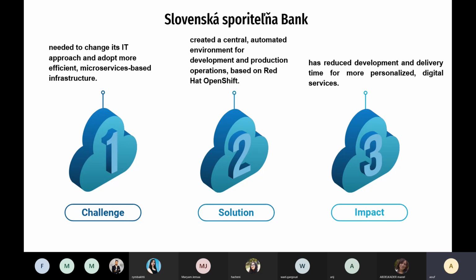Adopting an enterprise container platform with the DevOps approach. When looking for an enterprise open source container platform that would provide reliable IT infrastructure, the bank chose Red Hat OpenShift due to its reputation for stability and the availability of local support. Red Hat OpenShift provides a modular, flexible platform and built-in automation capabilities for SLSP's development, testing, and production environment. The bank also adopted Red Hat Ansible Automation Platform to create a playbook for automating